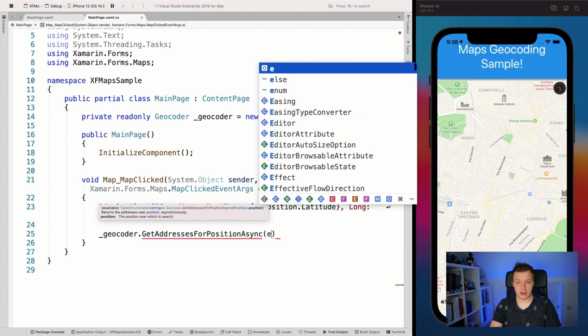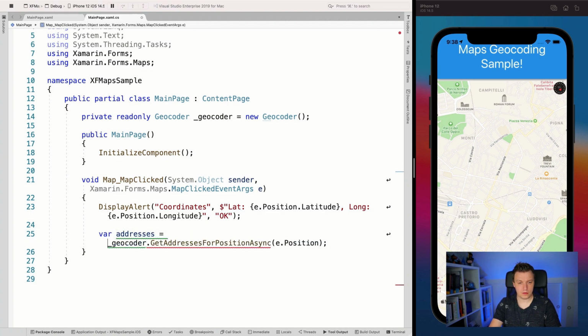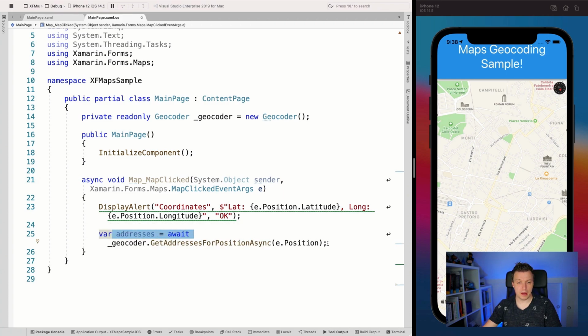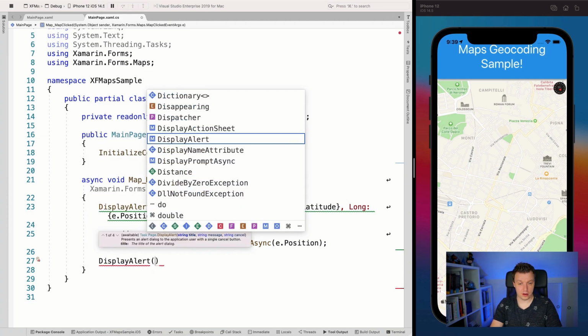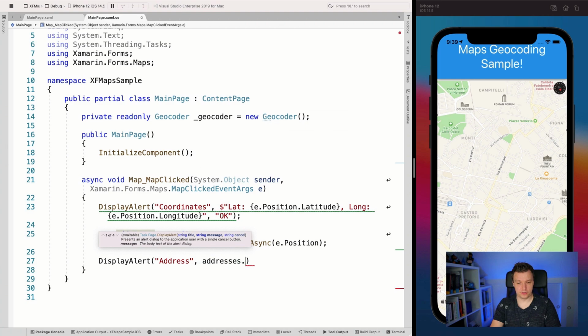And if we then just say, we can input the position. So if we can then just say e.position, which we get from the event, let's make this addresses. There we go. And we need to await this. So then we also need to make the handler async. There we go. And now we should be able to get the addresses for this position. And you might get multiple, so we're going to put in a breakpoint so we can inspect that for a little bit. But what I'm then going to do is just say display alert with address, and I'm just going to pick the first address, first or default, from that thing